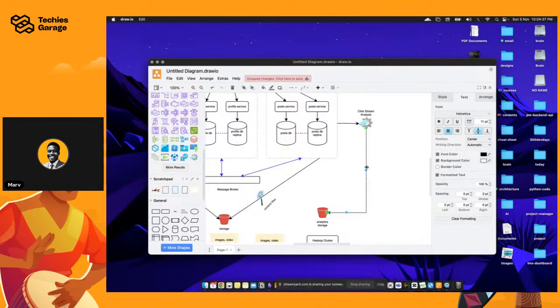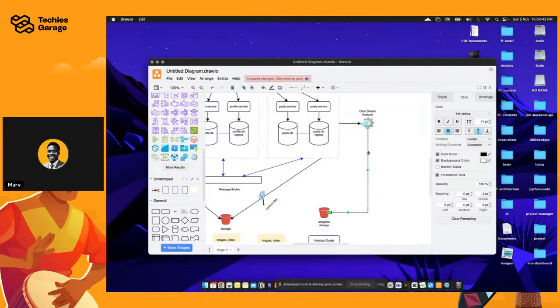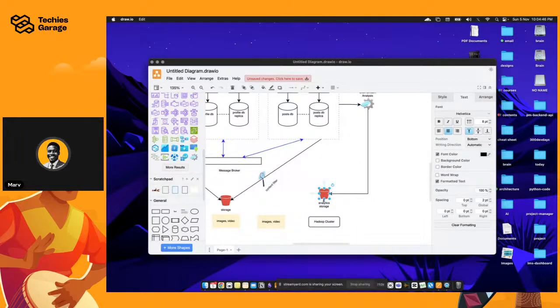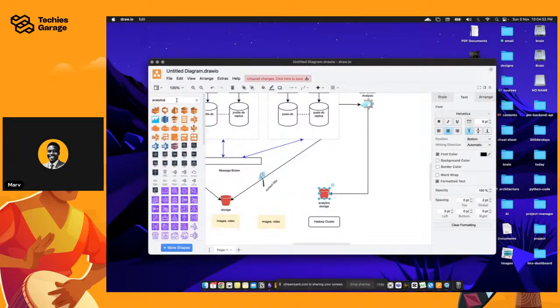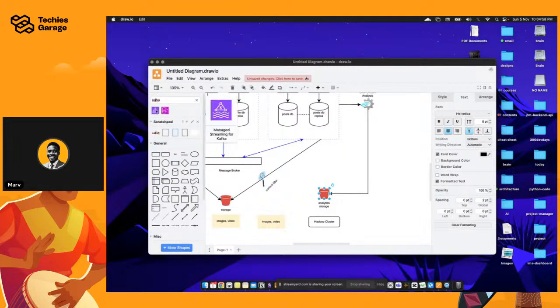So you can choose to implement something like Kafka, right? Or you can also leverage this broker, but I would prefer to go the route of Kafka, because we're talking about streaming here. So I can be pushing my data into Kafka. And of course, if I am putting my data into Kafka, let's use managed streaming for Kafka. This icon is not bad, even though it is not what I would have loved to use. But let's just keep it this way.